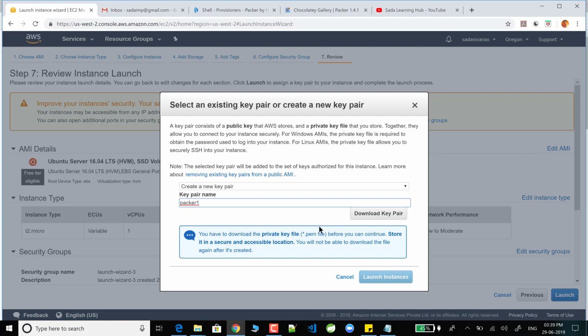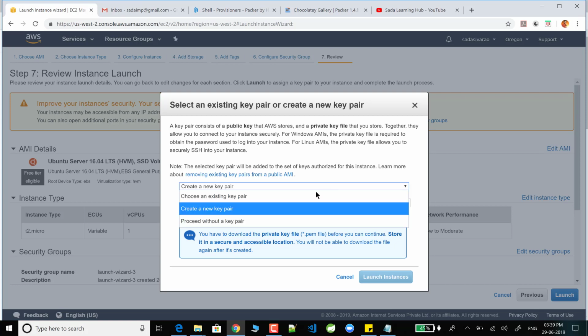Again you need to delete your machine and recreate your machine, right? Definitely you need to download it and store it somewhere. It is very important. If you want to connect with whatever machine you are going to create, you definitely need this key pair. Otherwise you can't connect, right?